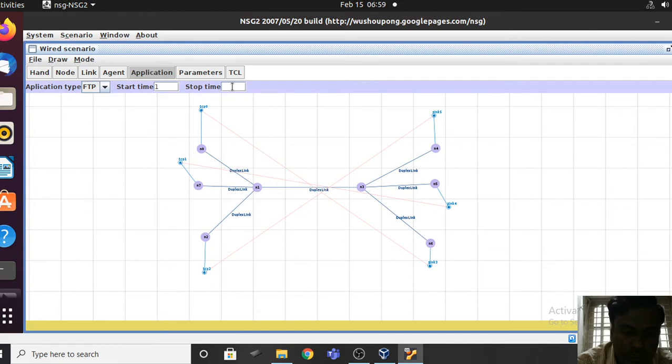Let me take it as say 8th unit of time, so that we can clearly observe this dropping of packets and all. So this one I wanted to connect to this node, this agent, there is a TCP 0, and then I don't want to change this stop time, I just want to change only this start values,